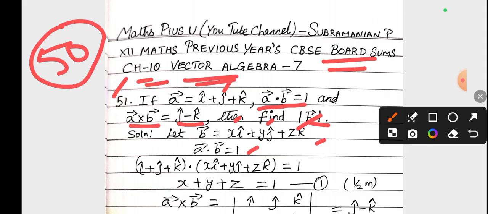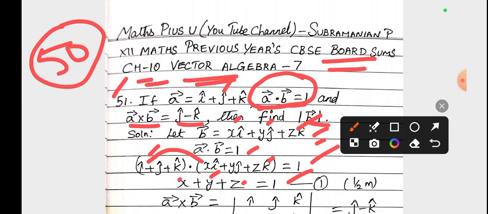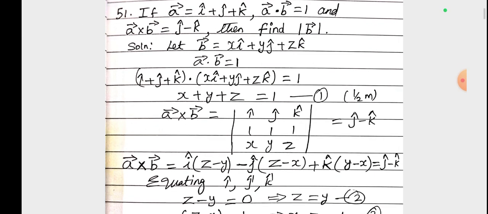Then a vector dot b vector equals 1. So a vector is i cap plus j cap plus k cap, dot x i cap plus y j cap plus z k cap, equal to 1. Clear, children? So b vector we took as x i plus y j plus z k. Then a dot b equal to 1 is given. From that we substitute the a vector value. Now when we do the dot product, we get x plus y plus z equals 1. Till now any doubts? If this is clear, go with a vector cross b vector,